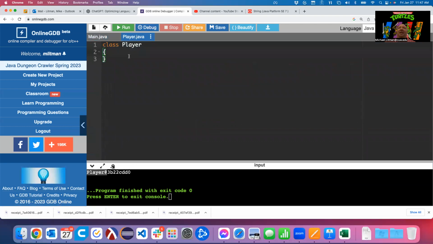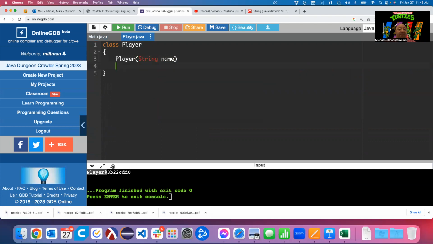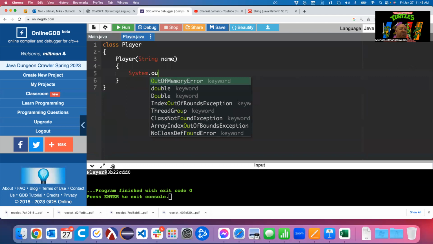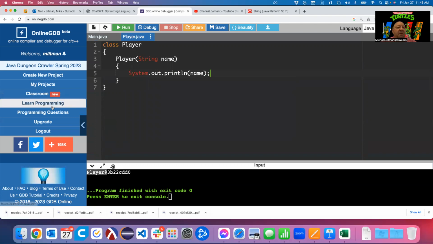But notice I didn't actually write that constructor in there. So if I want to write a constructor, just like in C++, the constructor has to be called the same name as the class. We'll have this guy take in a string name. And for right now, we'll just print out that name for no good reason. All right, so now I have written a constructor into my class, and this constructor takes in a single string name. And then all he does is print it out to the screen for no good reason.